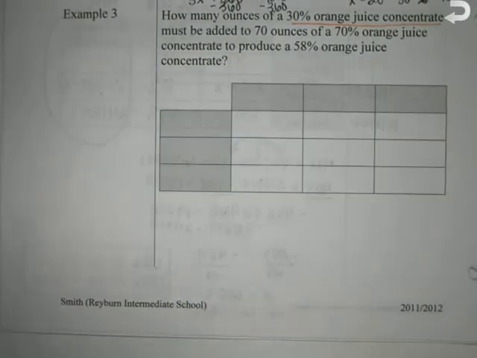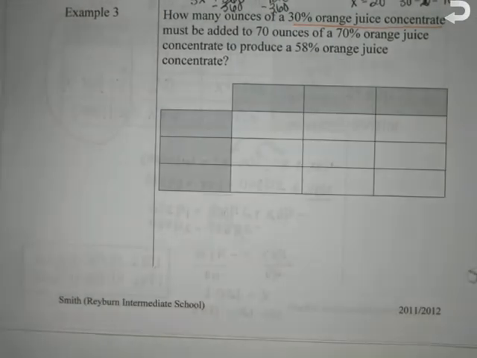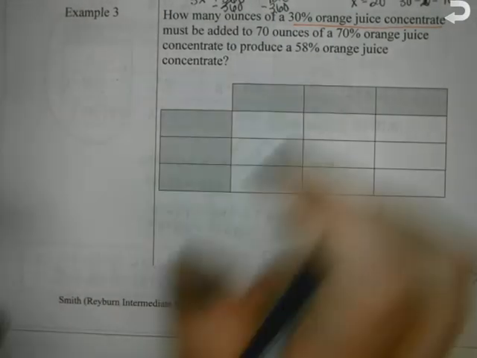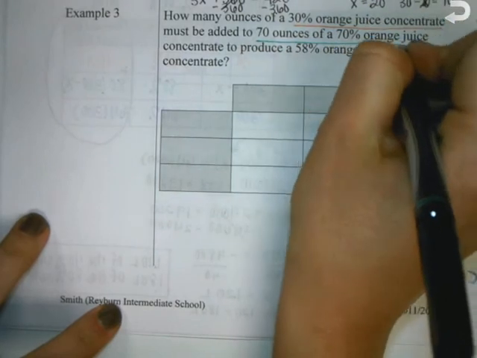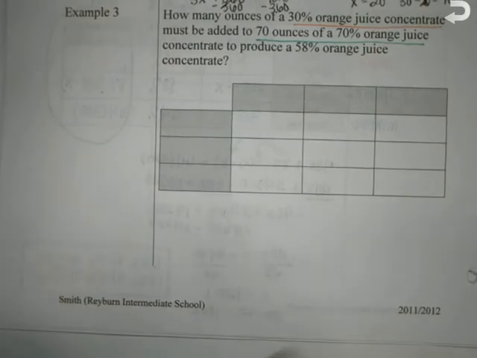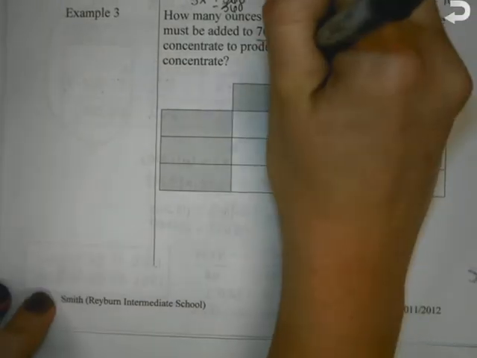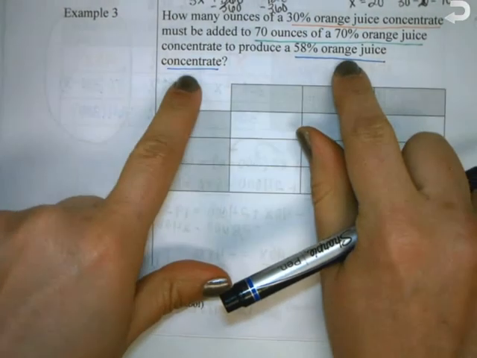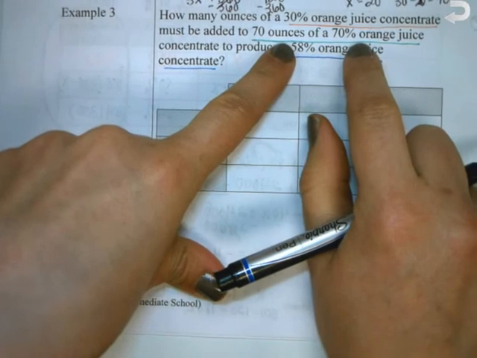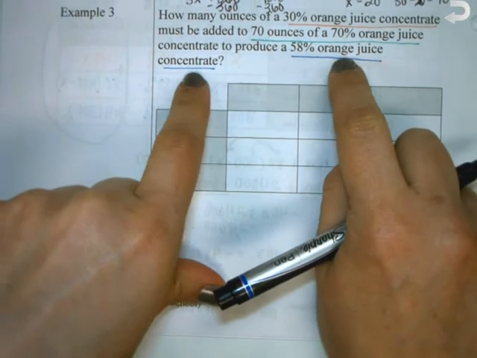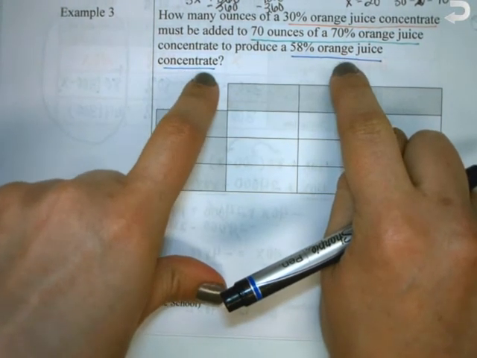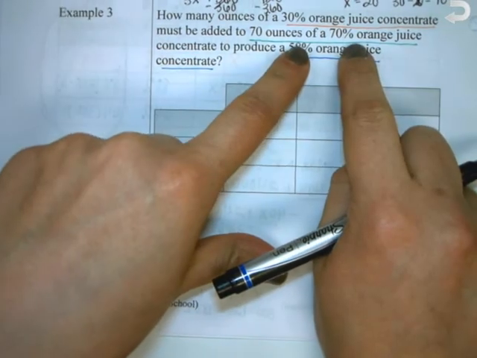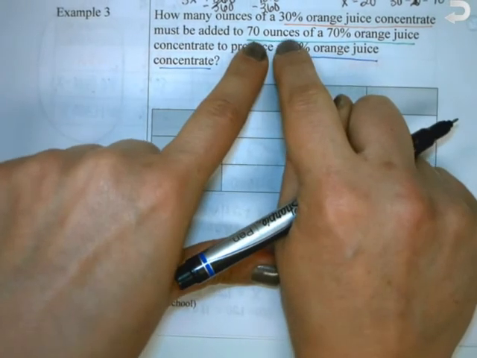So there's a second concentrate that's 70%, and we want our mixture end result to produce a 58% orange juice concentrate. So here's our mixture. This one, I know, this is the mixture, this is the end result, so that's why I put it in blue. This one is a little bit different than previous because we know how much of the second amount that we want. So in this case, the variable is also going to be in